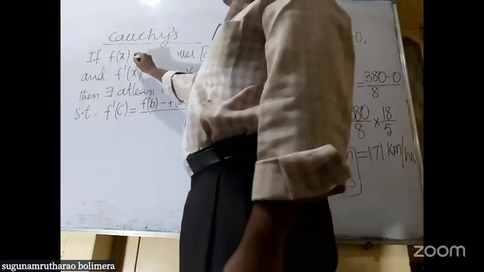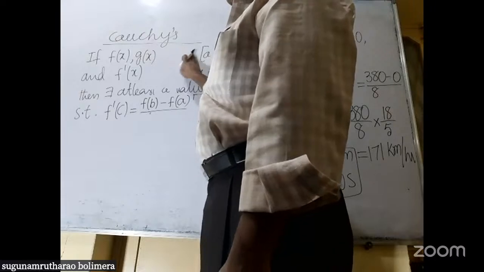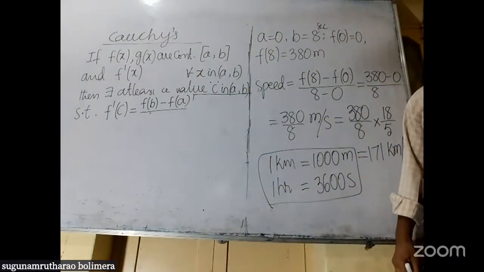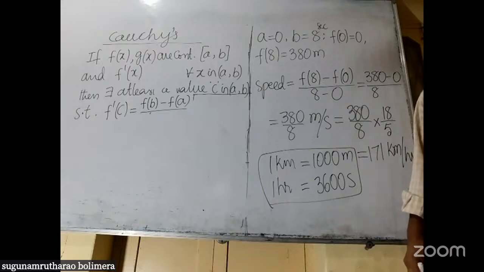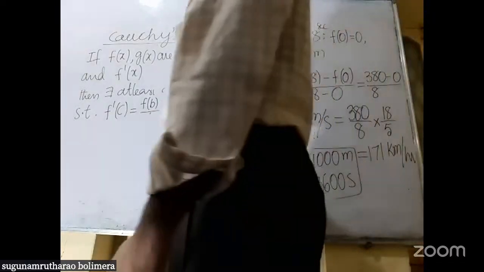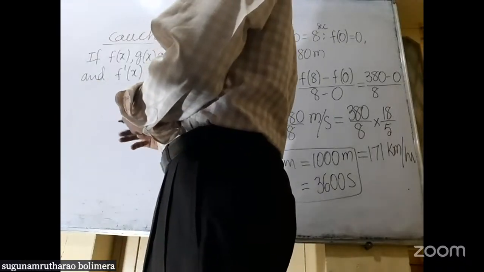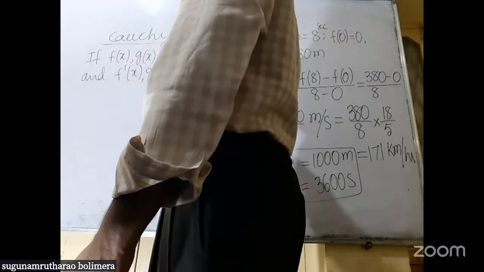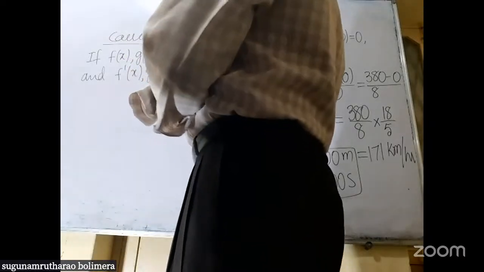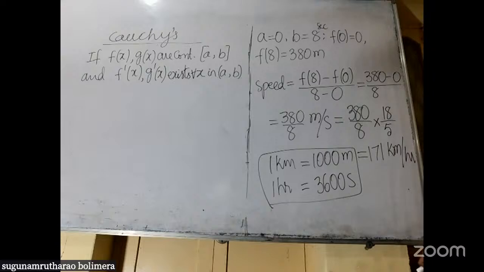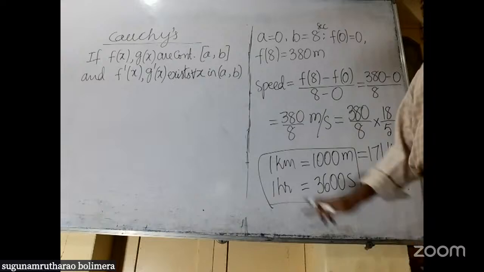Right, now if f of x comma g of x are continuous over closed [a, b] and f dash of x comma g dash of x exist for all x in open (a, b),